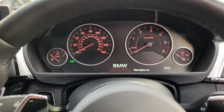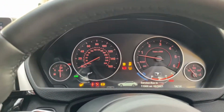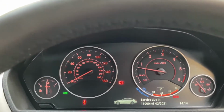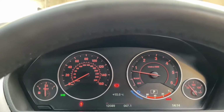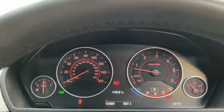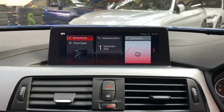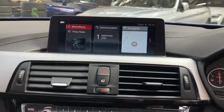So first of all, we'll start the car up and just show you a couple of the features and functions. So once it runs through its service message display, as you can see there, the service is not due for 11,000 miles. Straight away it will come up saying that the vehicle's covered just over 12,000 miles, as I said, 12,089 to be precise. Not only have we got that lovely widescreen, it's the Professional Plus, so it is all